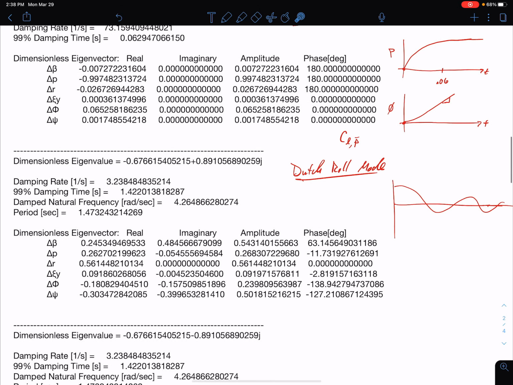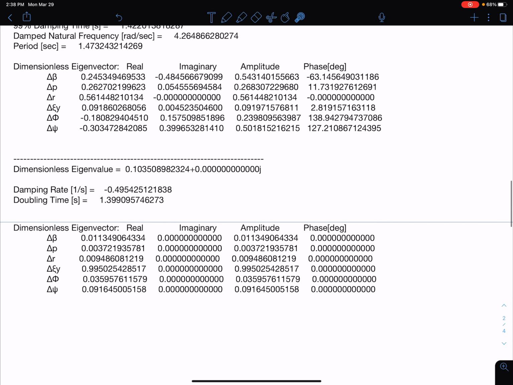And so we know that there's another real number in here, and that's our final dimensionless eigenvalue, also a real number. Now this actually is a positive real number, and so in our case, this is a divergent mode. That's not true on all aircraft necessarily, but on this particular example, it's divergent. This could be a convergent mode or divergent mode, but it's real. Usually it's real, and that means it's not oscillatory.